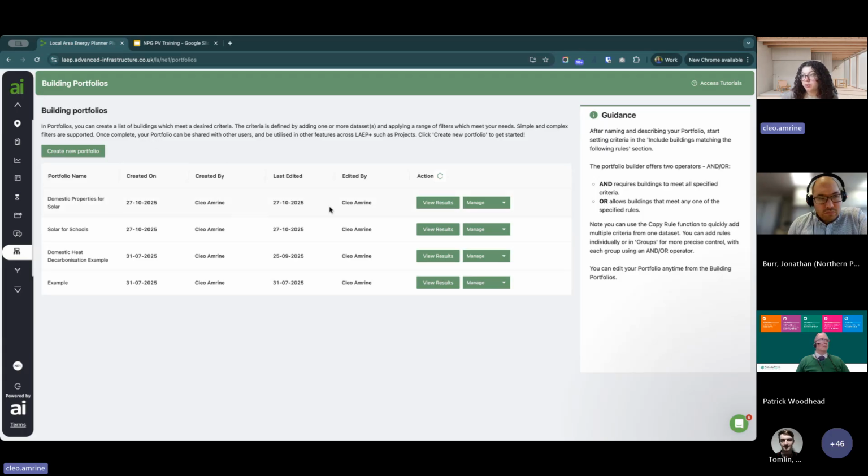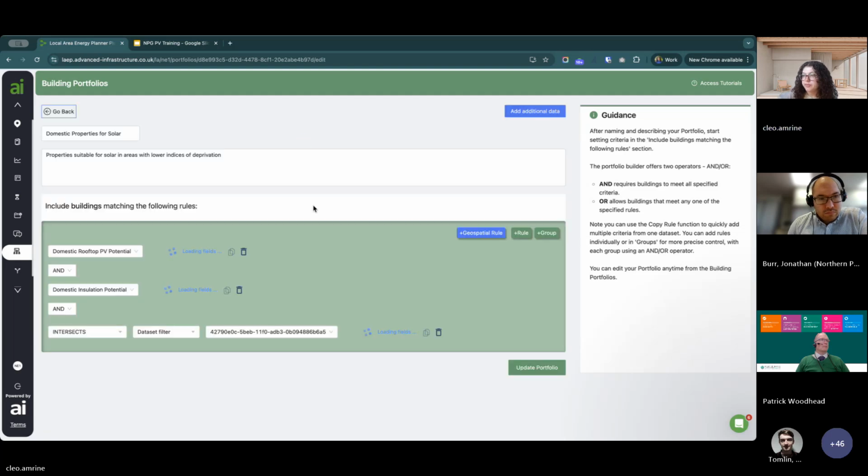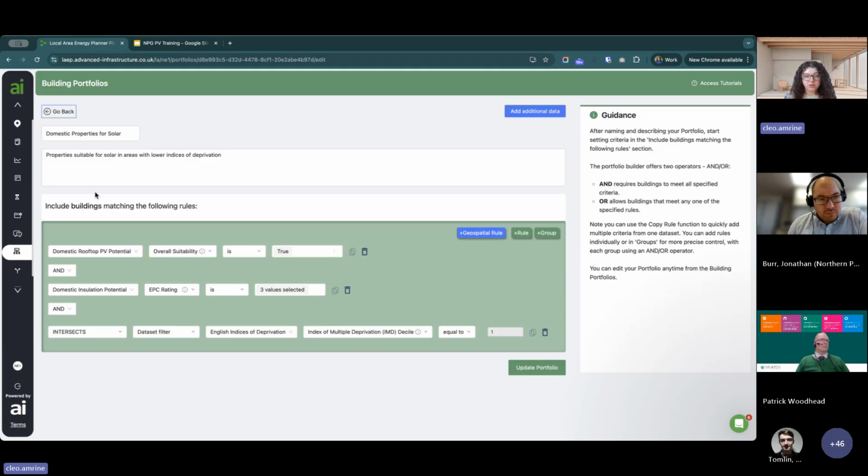So I've got an example portfolio that I created here for this domestic properties for solar use case. So if I just click on manage and then edit, we'll be able to go in and explore exactly how I created this portfolio. So in this case, I wanted to find all of the properties that were suitable for solar.